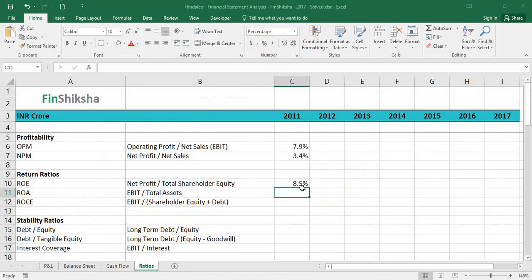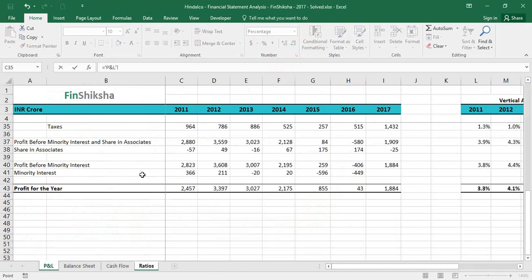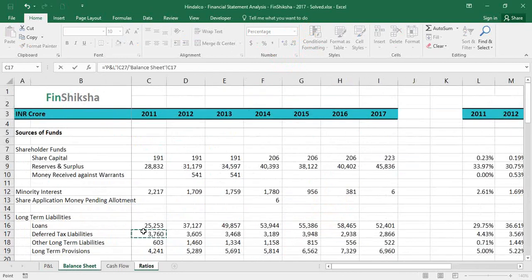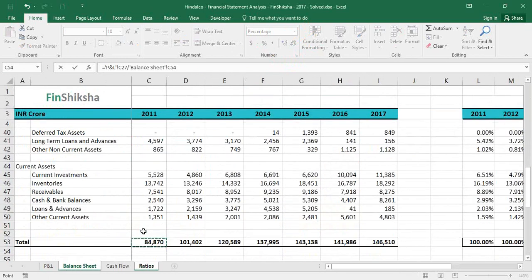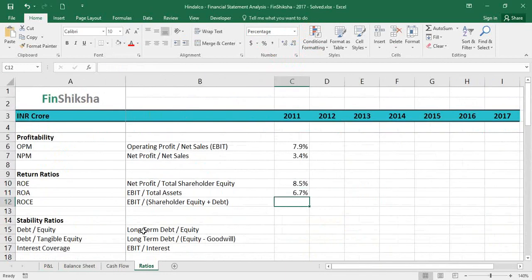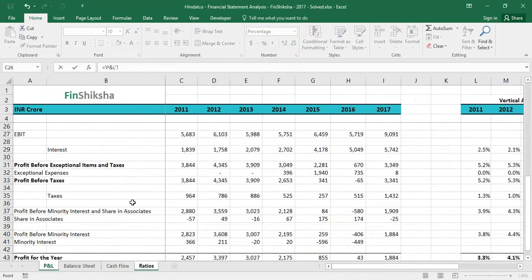Let's divide the EBIT in this formula. So we get to EBIT, and for 2011 that EBIT number is here, and we divide it by the total assets on the balance sheet. Total assets would be the same as total liabilities. That's the total assets, right? The next one is EBIT once again, and now it gets divided by the